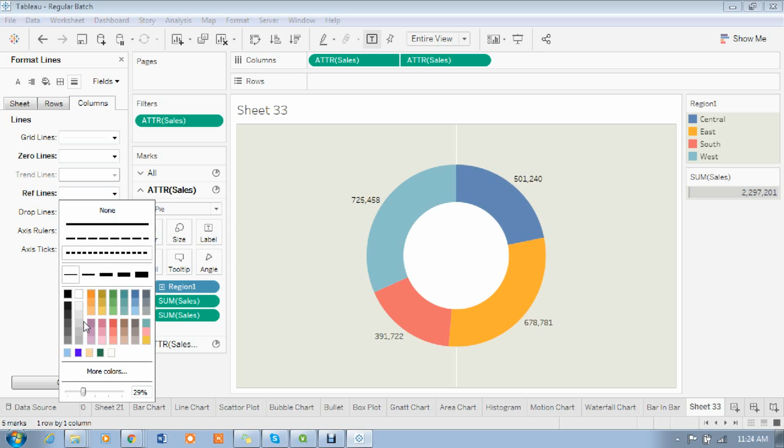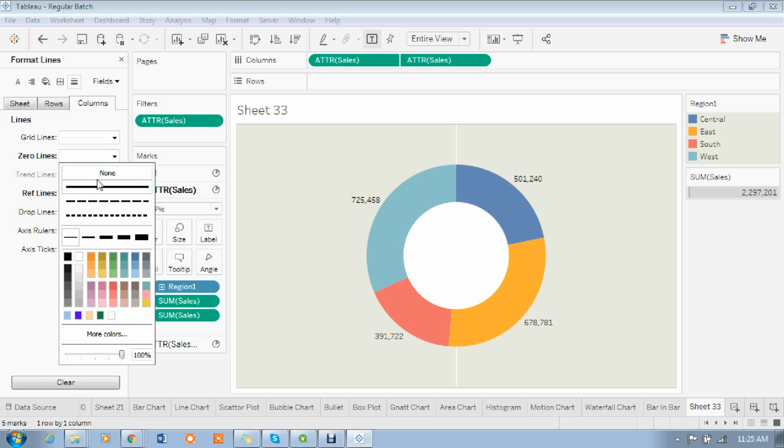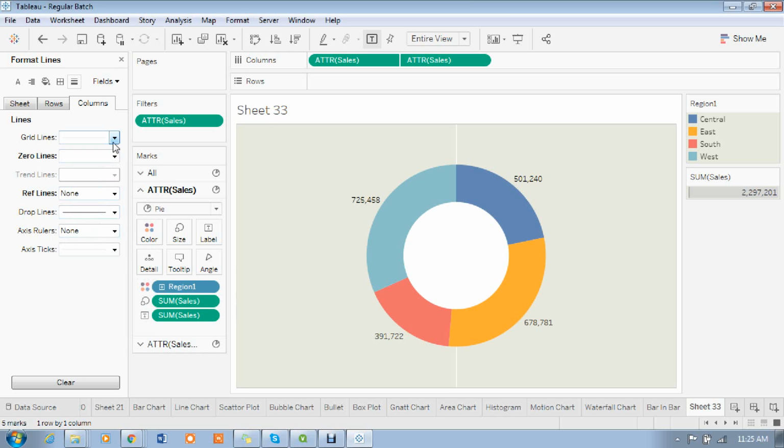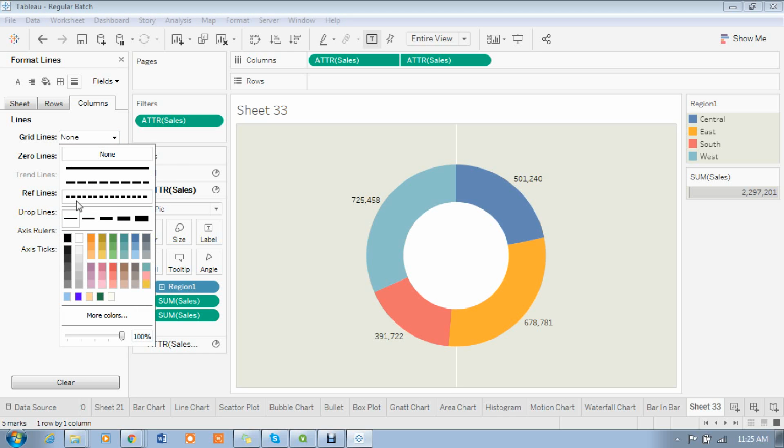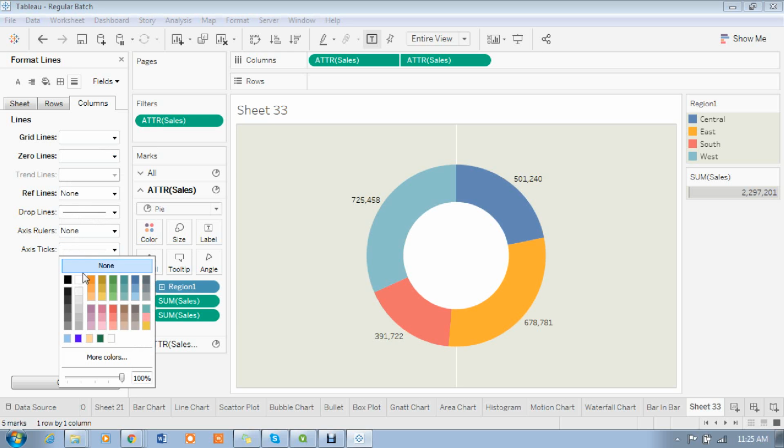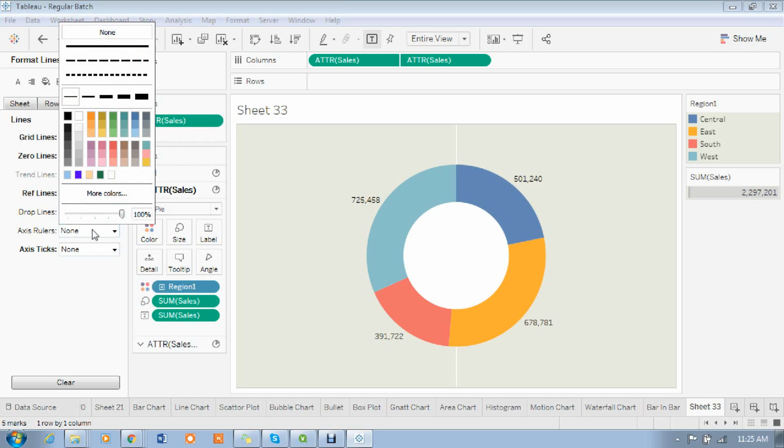The same color I have to apply, madam, whatever I applied. No, this one. Choose any color. Zero lines, drop lines, grid lines. Some axis ticks, no. Oh, just now we did it, right, madam?